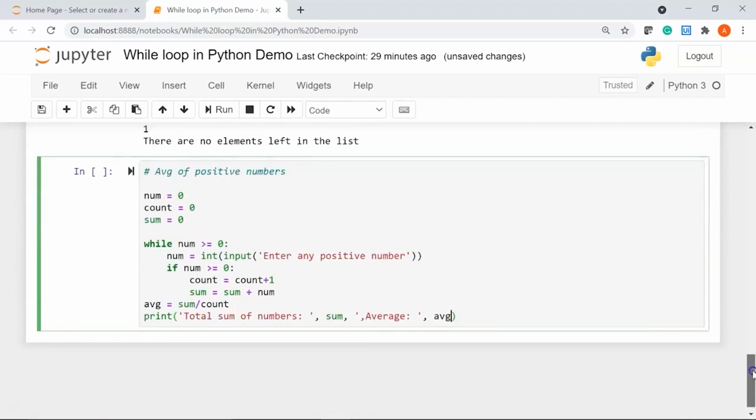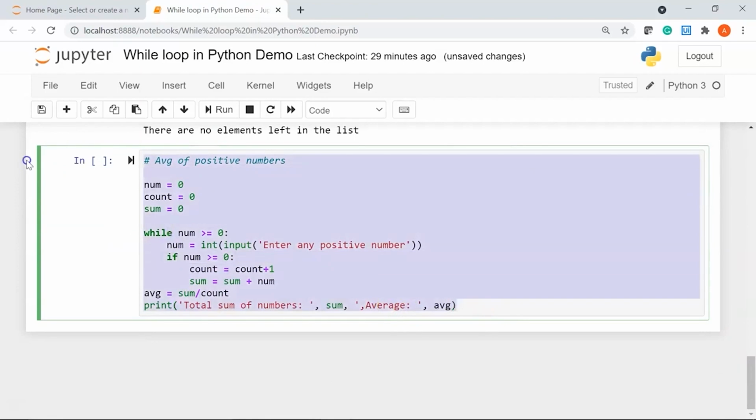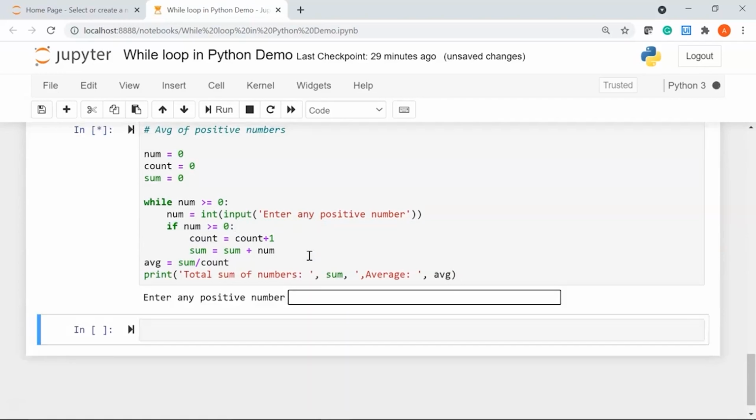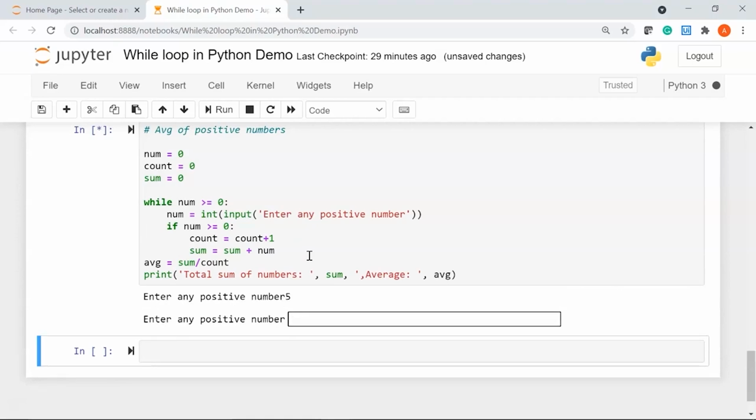Alright, so here I have my program ready, where we are using a while loop and an if statement to take numbers as input from the user and calculate the average as long as the user enters a positive number. So let me run it. Okay, it says enter a positive number. I'll say, let's say 5. Again it's asking for a positive number.